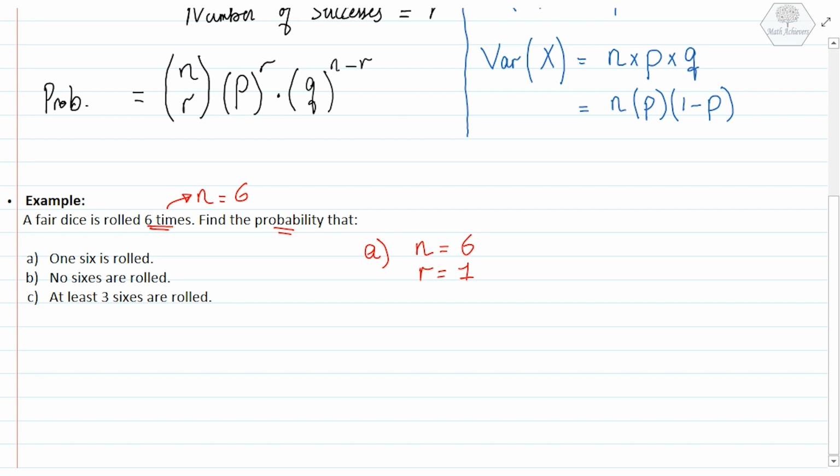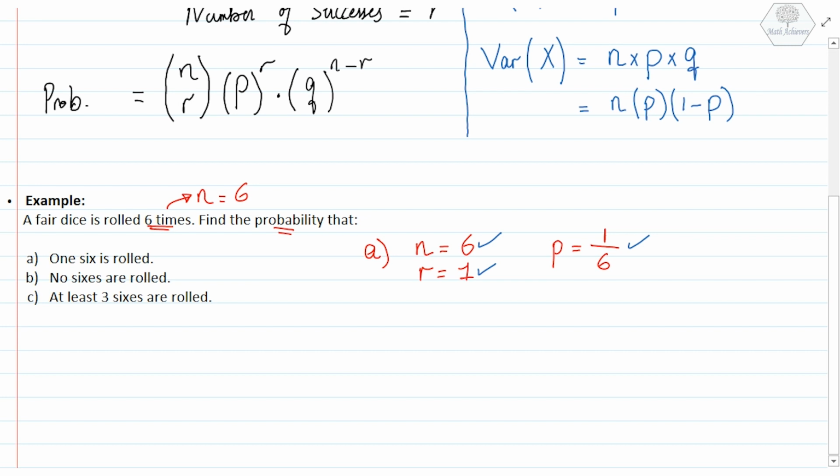Since I want a 6 to be rolled, the probability of a dice having an outcome of 6 is simply one face out of 6 faces. So now I have the number of trials, the number of successes that I want, and the probability of success. Now I can use my graphical display calculator to find the probability that one 6 is rolled